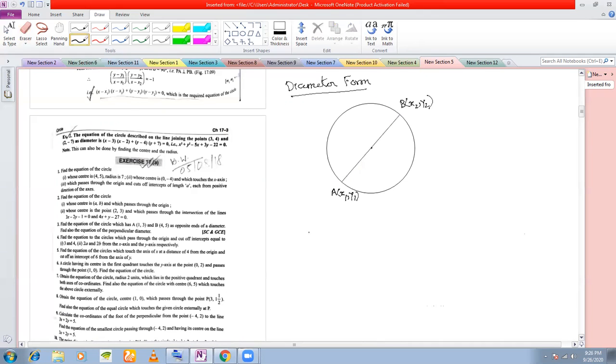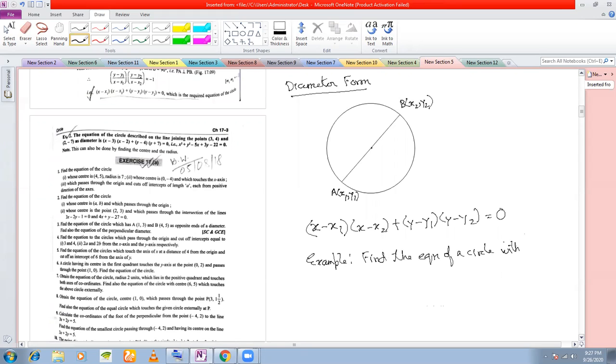In such a case, the equation of the circle is (x minus x1) into (x minus x2) plus (y minus y1) into (y minus y2) equal to 0. You have to remember this diameter form. So if any 2 points are given, you can easily find out the equation of the circle. Suppose the question is, find the equation of a circle with extremities of diameter as